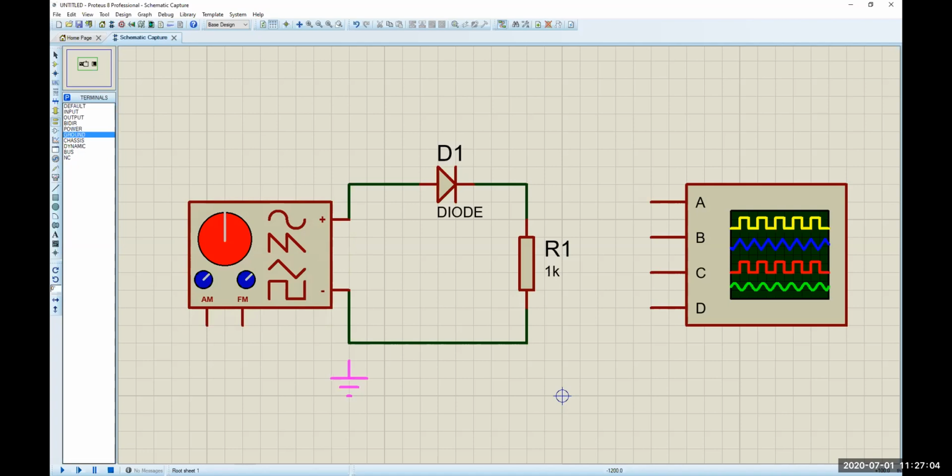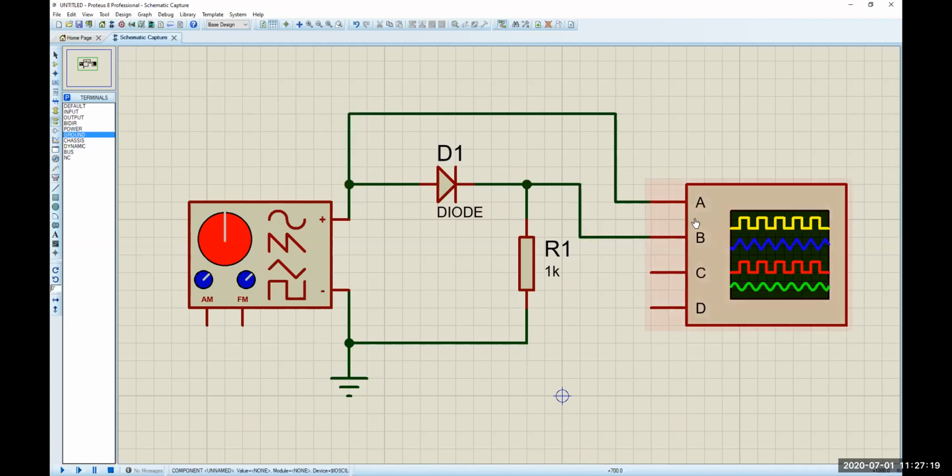The negative point is the ground. So we have to connect a ground. Where? Here, because this is our ground. Now A is our input. Let's take it and connect it to the input, right? B, that is our output. That is the resistor. Why have we done that?